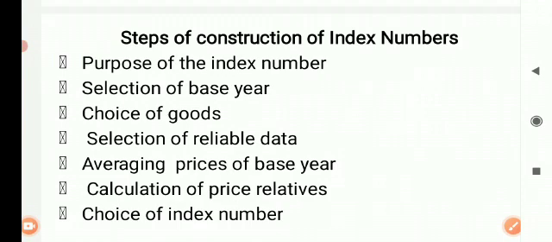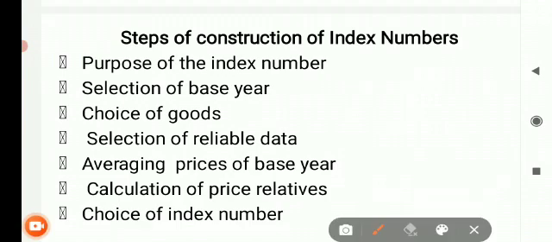Okay, so index number gives a picture of the base year price index as well as the current year price index, and based on the base year price index, how to find out the current year percentage. We have to understand that with the help of index numbers. Okay, so to construct index numbers there are various steps. Without these steps there is no possibility of index numbers, and we are not able to fulfill the requirements of the index numbers. Okay, look at the steps here.